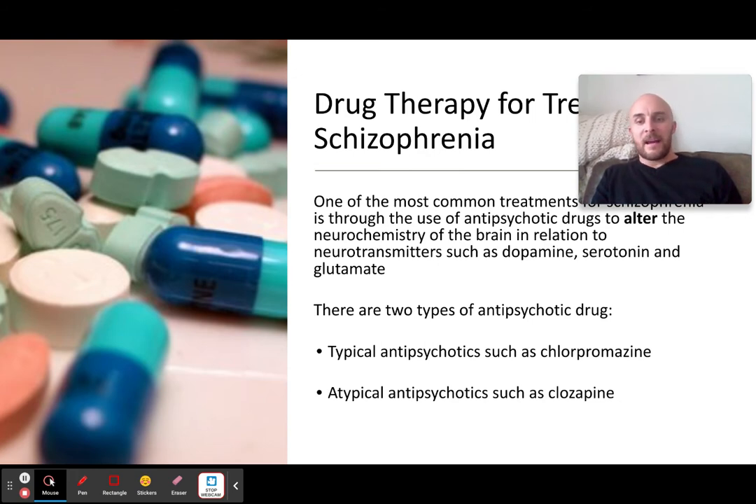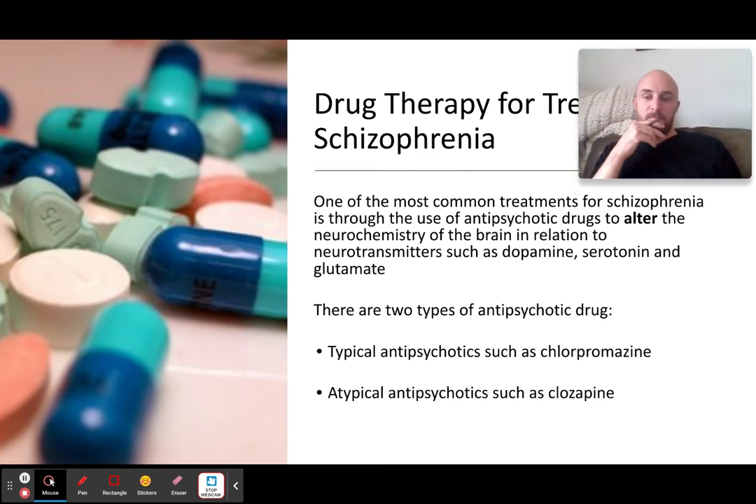Today we're going to be looking at antipsychotic drugs, and how specifically they alter the neurochemistry, particularly the dopamine within the brain, although sometimes serotonin, glutamate, and other ones as well. So we're going to be looking at typical drugs such as chlorpromazine, and we're going to be looking very briefly at atypical antipsychotics like clozapine, as well as some others as well. Now, one thing to note straight away